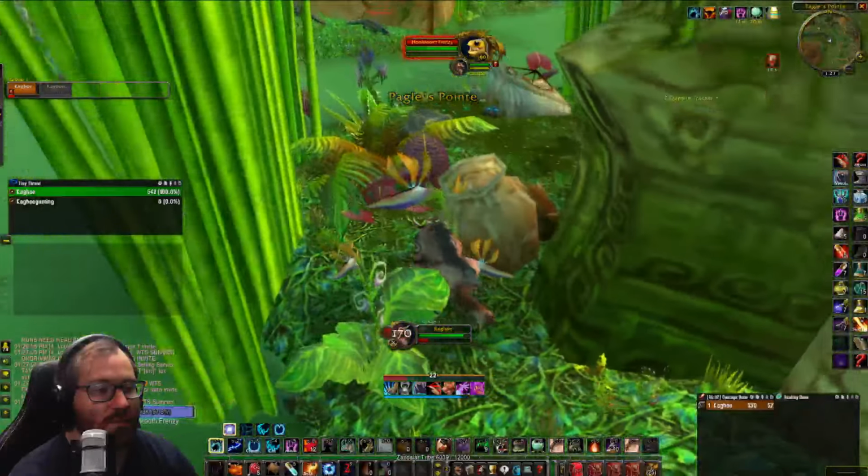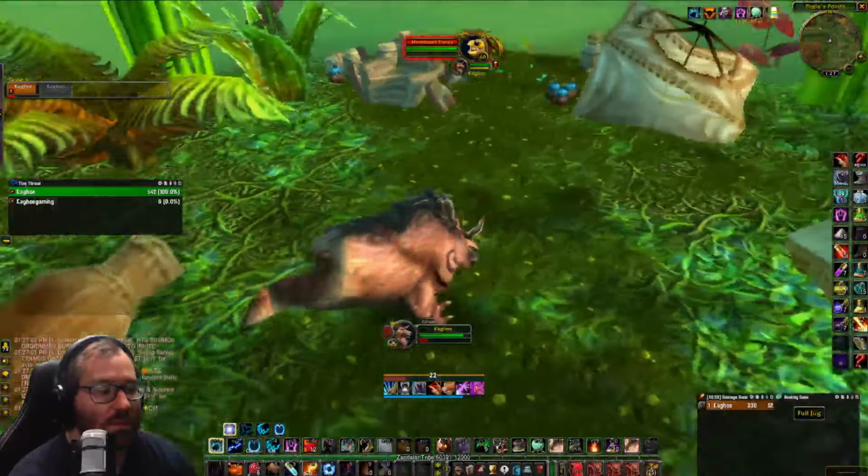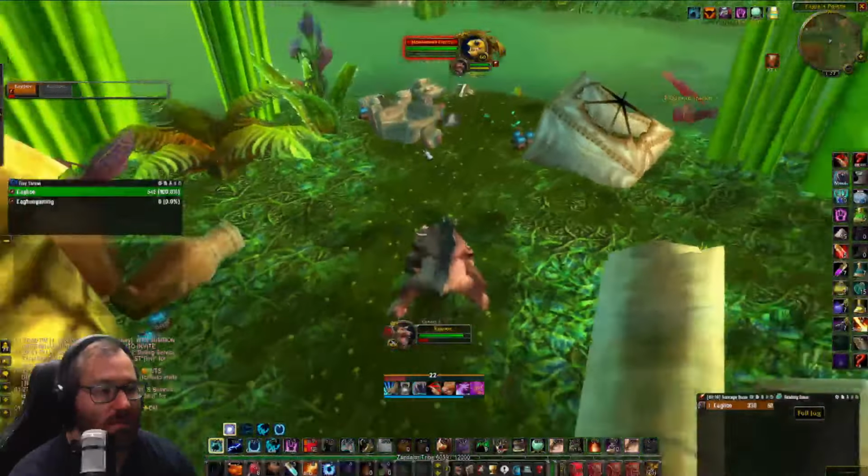It's called Pagle's Point, and in order to summon the fishing boss, you need to come here to the point and grab the reel. So this battered tackle box right here, you're going to use this, and this starts the quest in order to do the fishing boss. So you have to return his measuring tape to Nat Pagle, who is here in Dustwallow